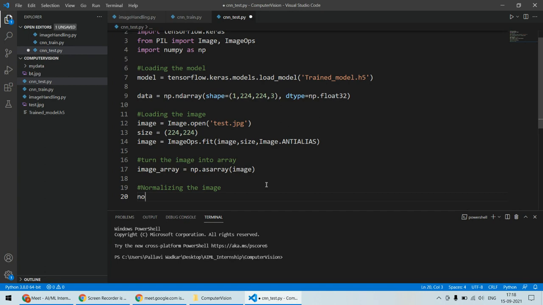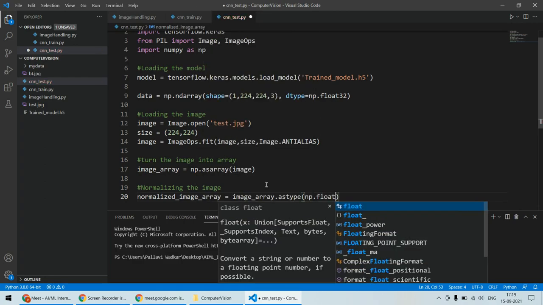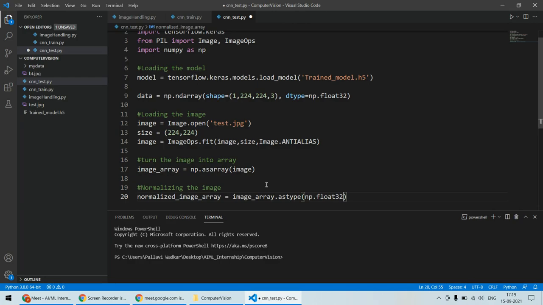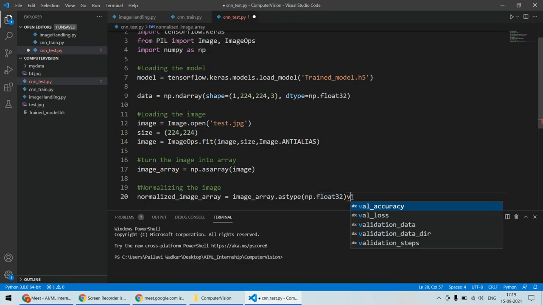So in order to normalize, I'll be creating a variable, let's say normalized_image_array, and for that purpose a simple mathematical operation will apply. We'll make it from -1 to 1. So image_array, and then astype. This astype function will consider its type as something. So np.float32, because this is the standard type which we are using. This np.float32 we have also used over here as the data type, and the same data type we want over here. Divide by,